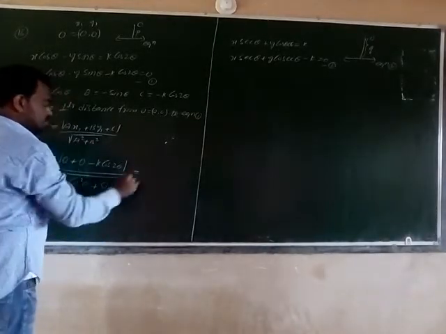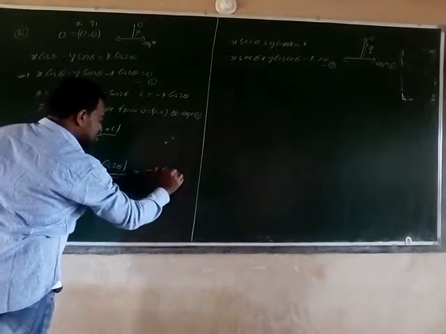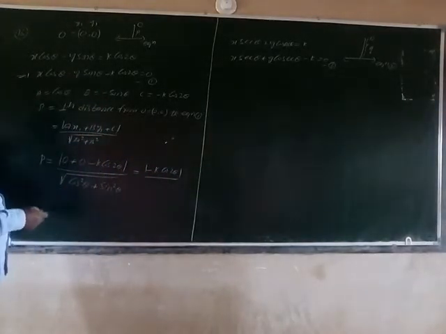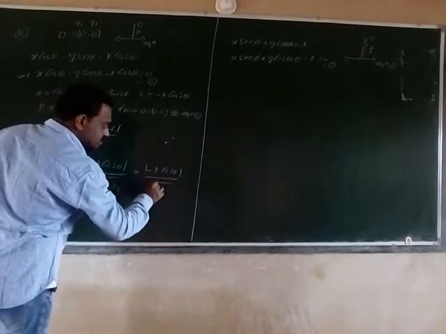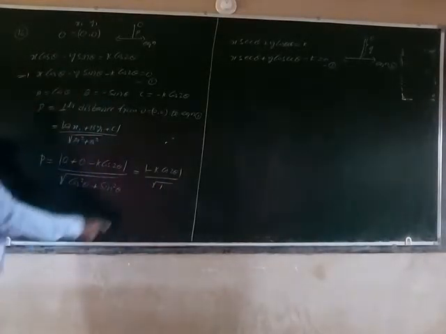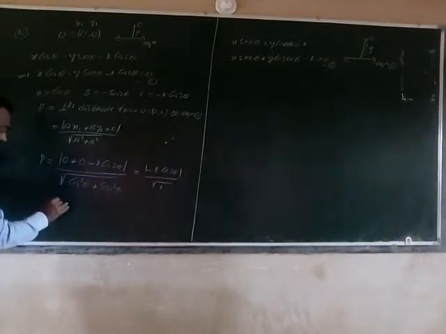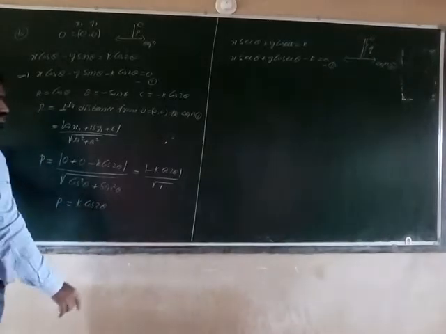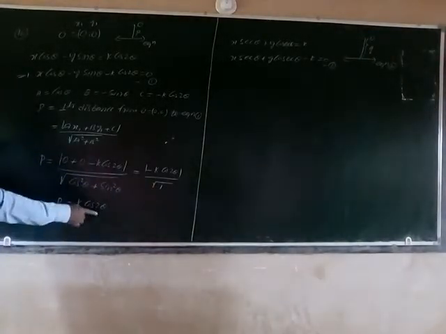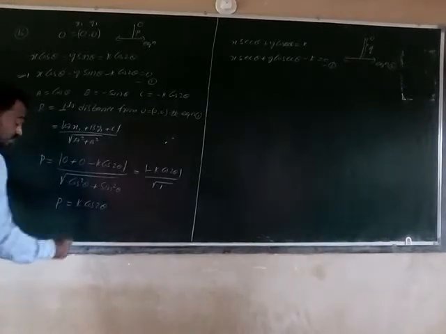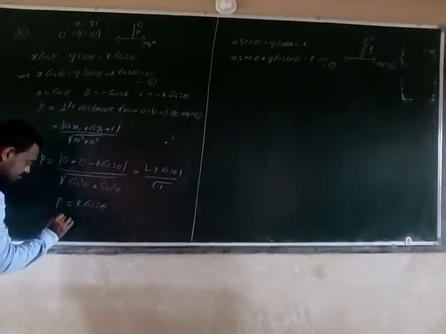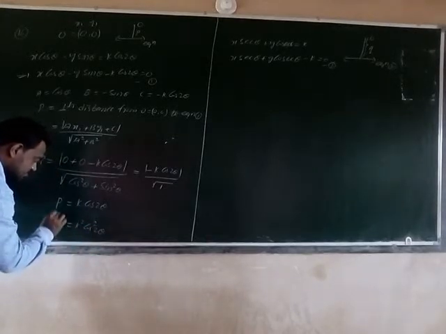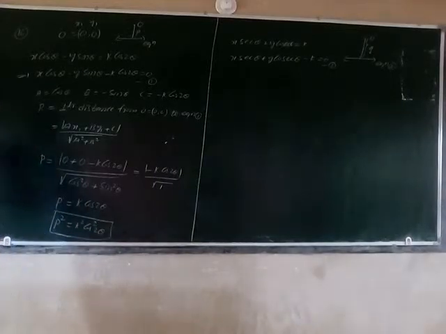This equals modulus of minus k cos 2 theta by under root of cos square theta plus sin square theta, which equals 1 from the trigonometric identities. So modulus of minus k cos 2 theta is k cos 2 theta only, because distance is always positive. By square root of 1, p equals k cos 2 theta. From this, p square equals k square cos square 2 theta. So we found the p square value.